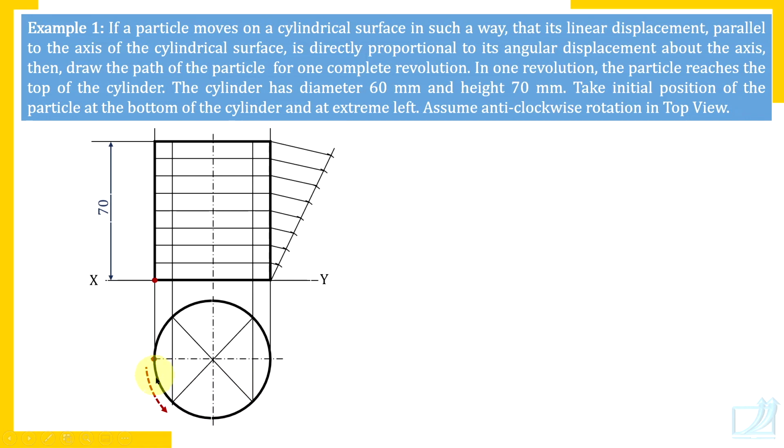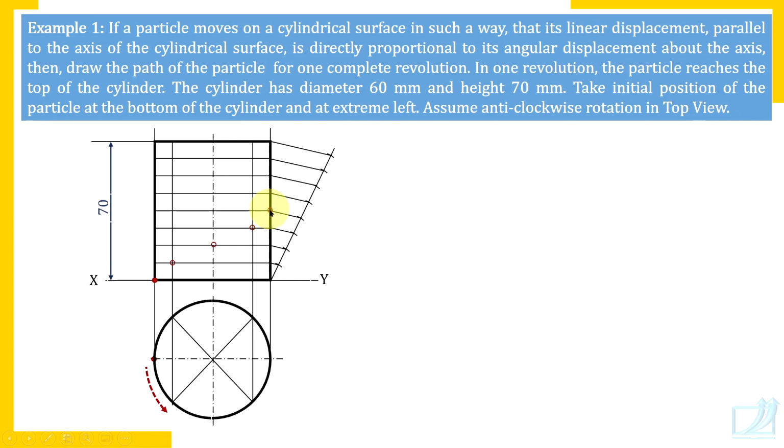Now when particle starts moving in anti-clockwise direction, listen here. Next position, that is after 45 degrees of rotation, next position is on the next vertical line and next horizontal line, that is this point. Then just mechanically move to next vertical line, that is this line, and next horizontal line. So you are moving gradually upwards. So check here.